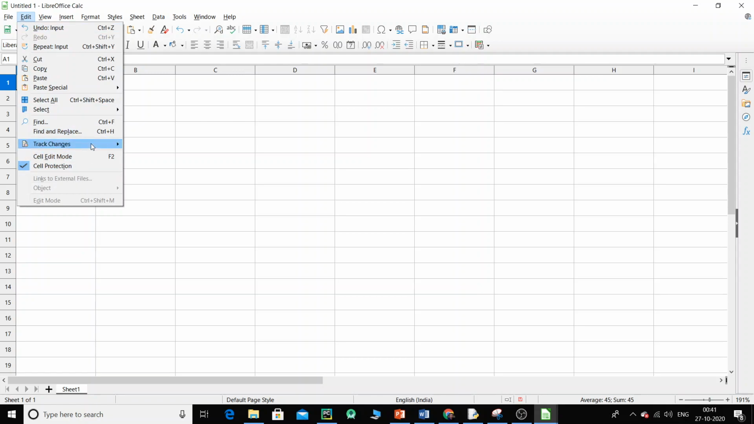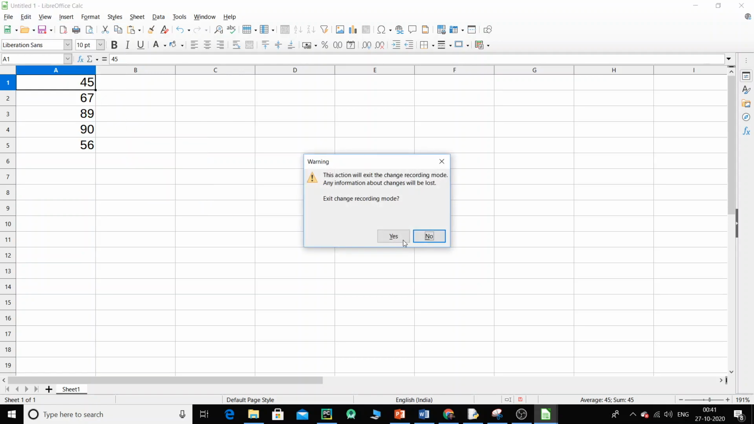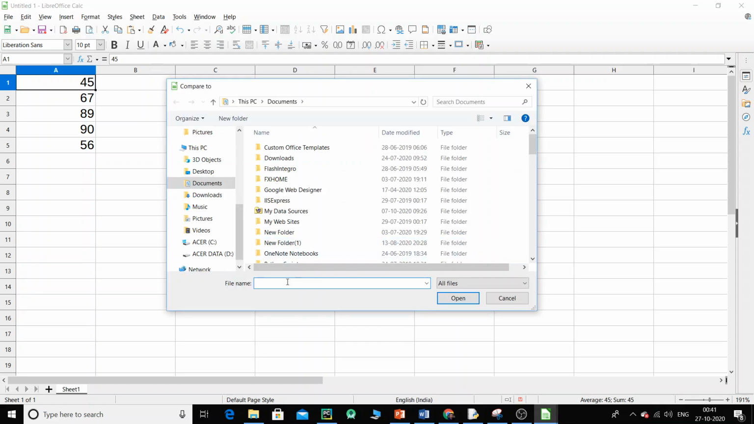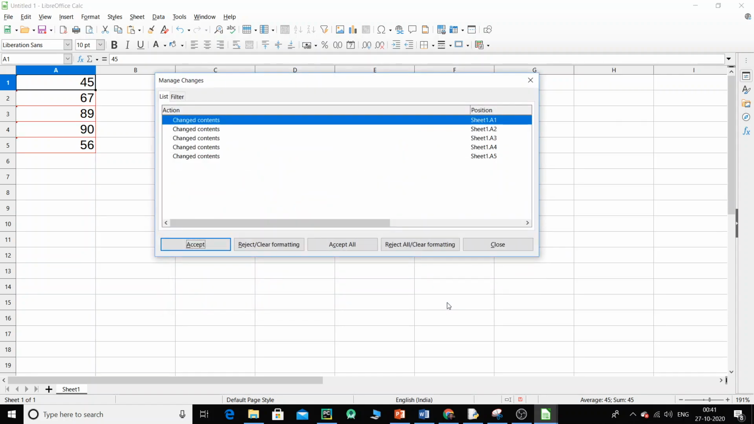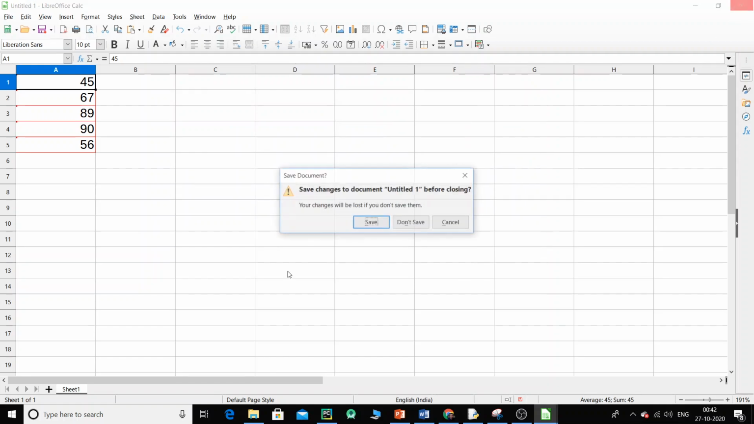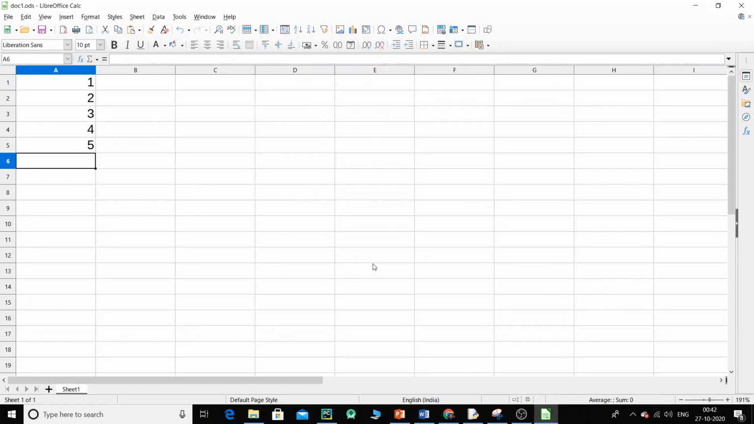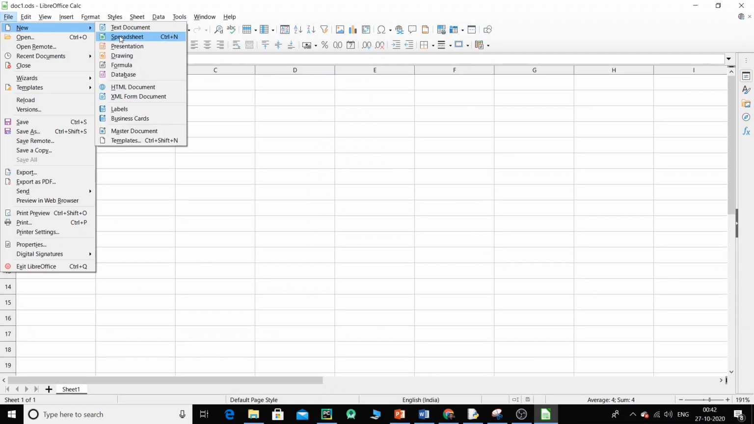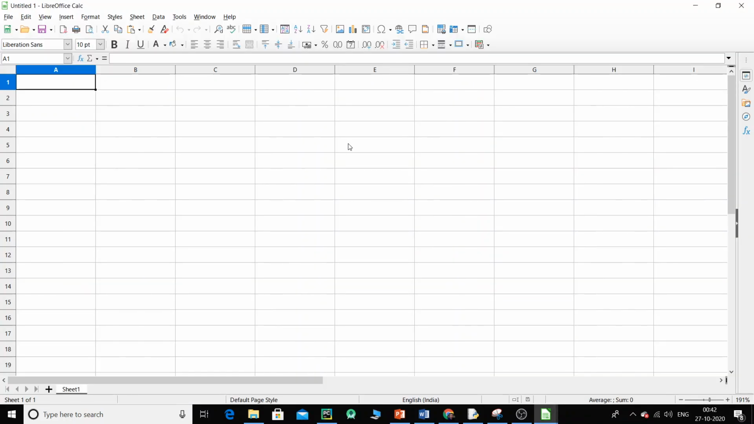Now let's see if this Compare Document works over here or not, and I give doc1.ods. Now what happened is, what I did is, I'm going to show this. Just don't save. This is the document where there is nothing. I just entered 1 to 5. Go to File, New, Spreadsheet, a new workbook, and I have these values over